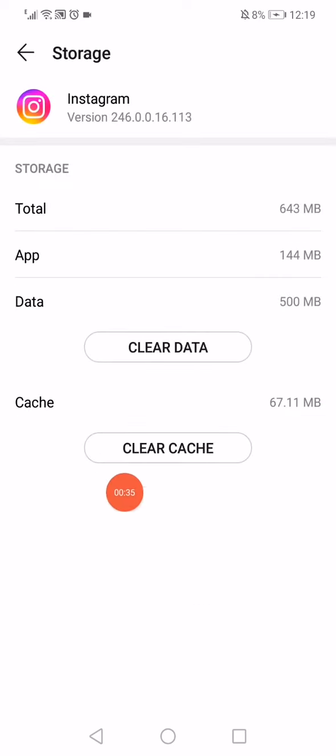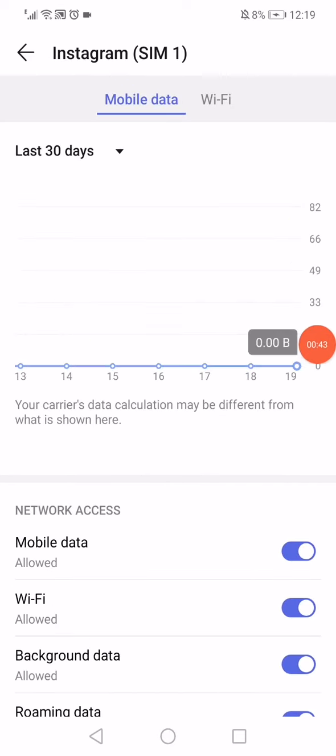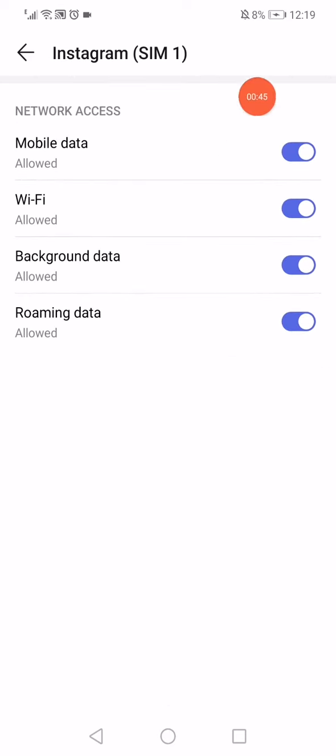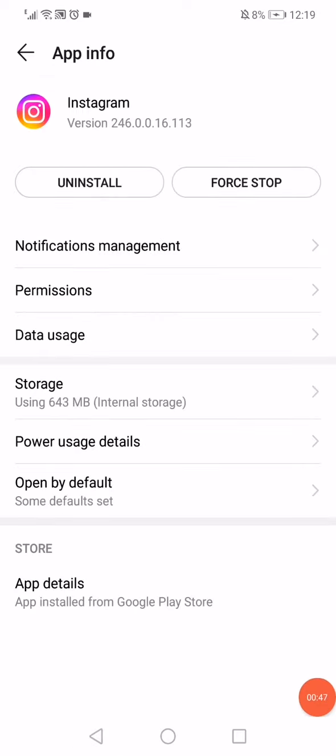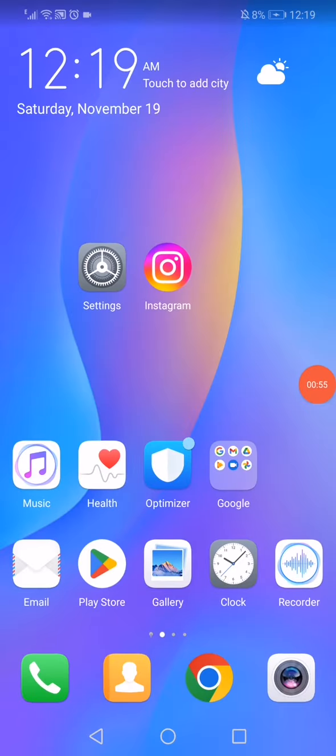Click on this clear cache and clear data, and then go back, and this time click on this data usage option and make sure to enable all those options right here. Go back, click on storage, and this time click again here on clear data, and now restart your phone and